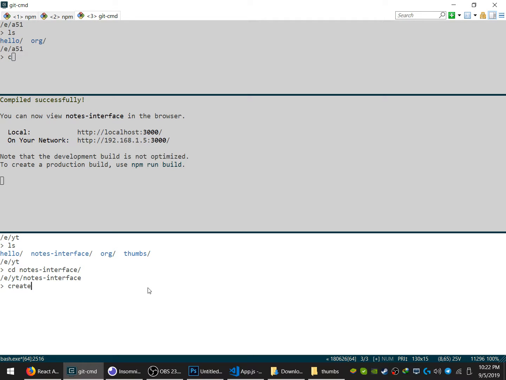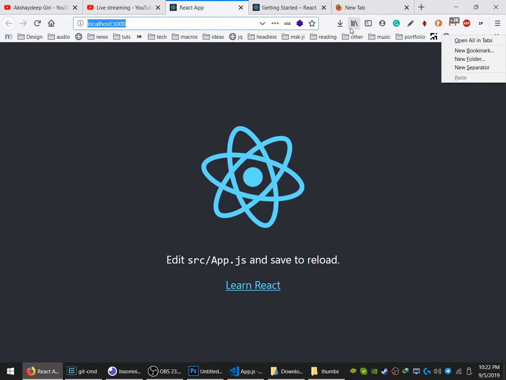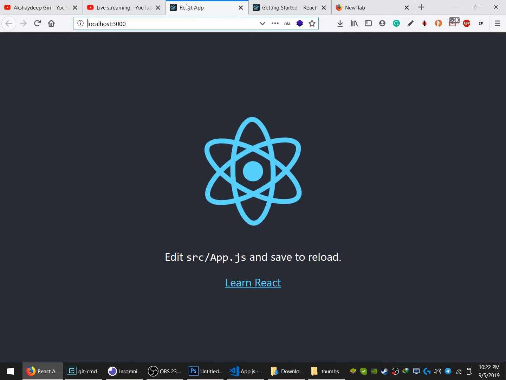So you basically install this package globally, create-react-app, and then you give the name for the application. Could be test, could be anything. After some time you will have all the dependencies downloaded, and at some point you will have your React application working, as you can see. And let's also get rid of it. Okay, so